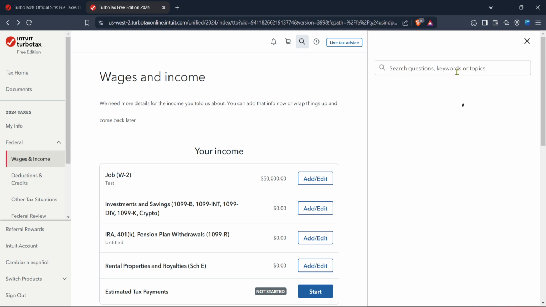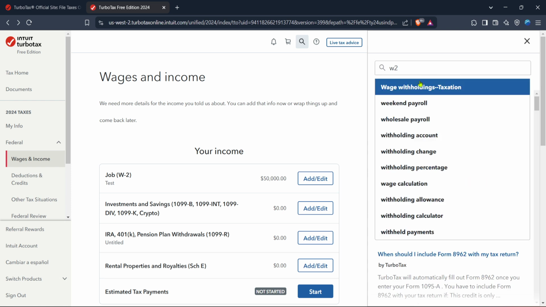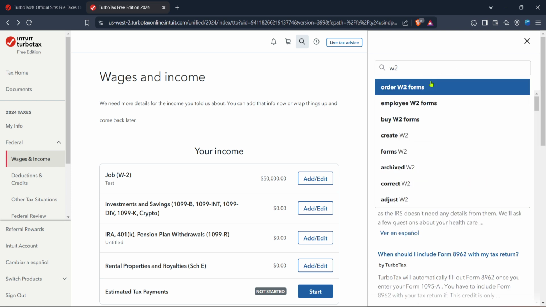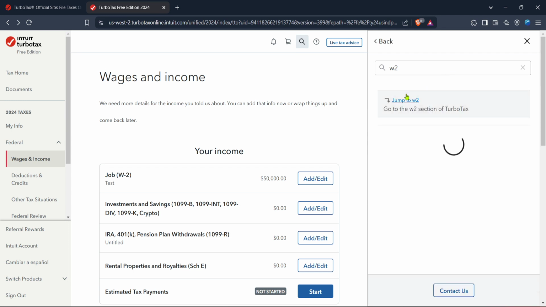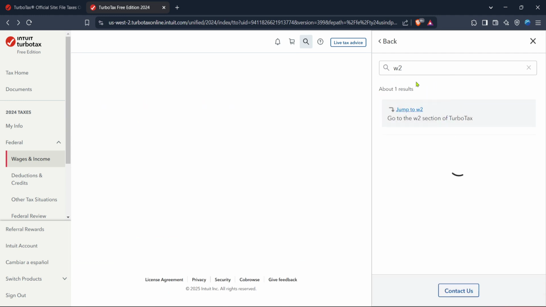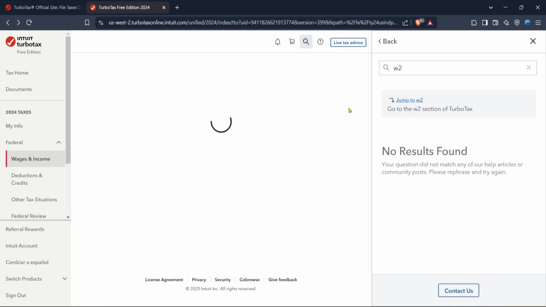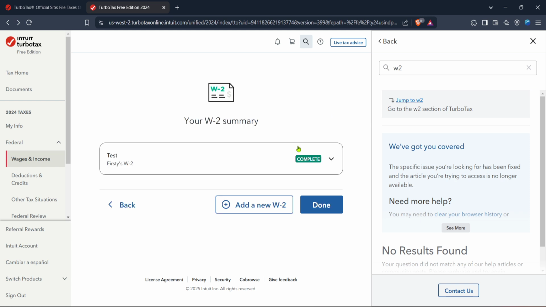Now that you're in the right section, you'll be prompted with an option that says, "We'll start with your W2." Click on this prompt. At this point, TurboTax will guide you through the process of locating and reviewing your W2 forms from previous years. The interface is user-friendly, so follow any on-screen prompts and you'll see a list of the forms associated with your past tax returns. Going through these steps should provide you with access to your old W2s whenever you need them.